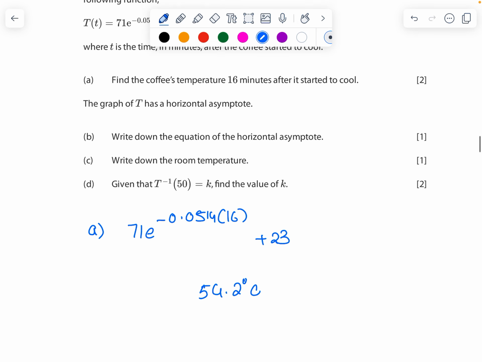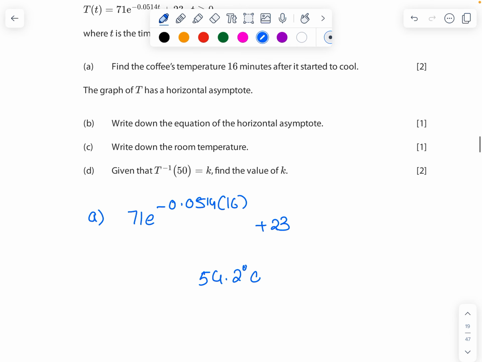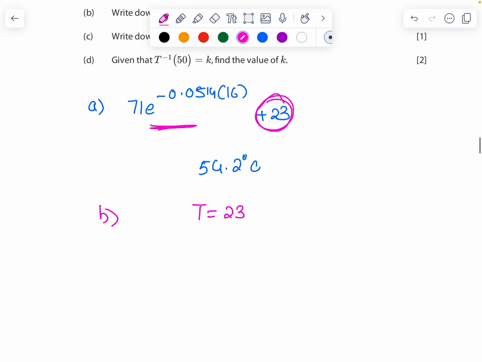The graph T has a horizontal asymptote. What is the equation of the horizontal asymptote? We know that the temperature will always be more than 23. 23 plus something will always be greater than 23. So T equals 23. Write down the room temperature. Because it never falls below 23, 23 degrees Celsius is going to be